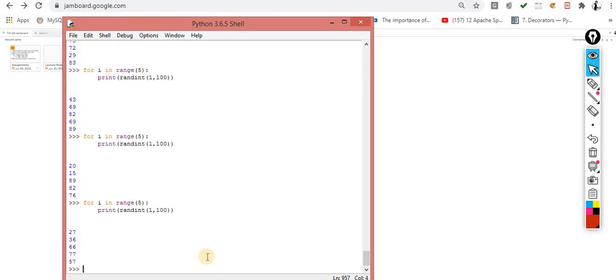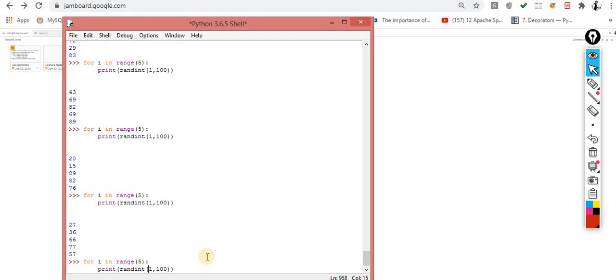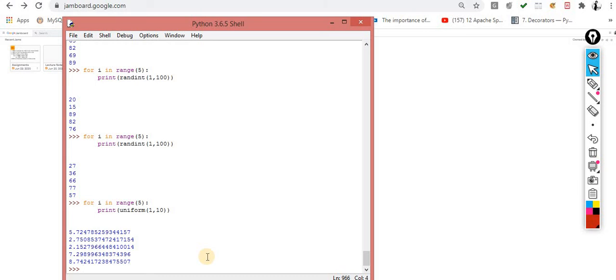Okay, now the next is uniform. The uniform is, now automatically the picture would be clear. Okay, uniform. This time I am taking from 1 to 10. Now you automatically understand. It will generate a floating point value between 1 and 10, and it will never generate 1, it will never generate 10. Between these two values it will generate the